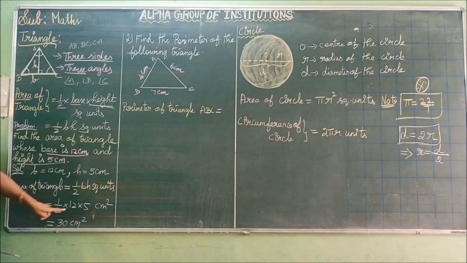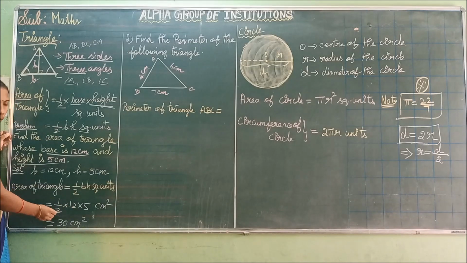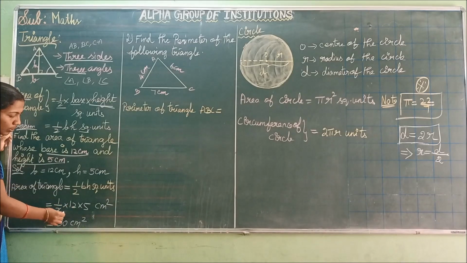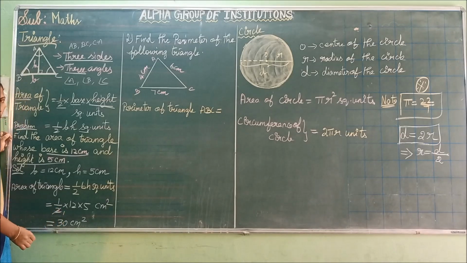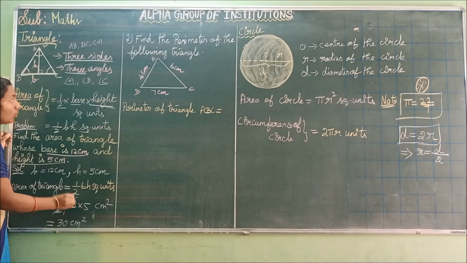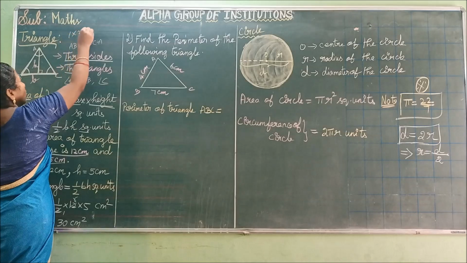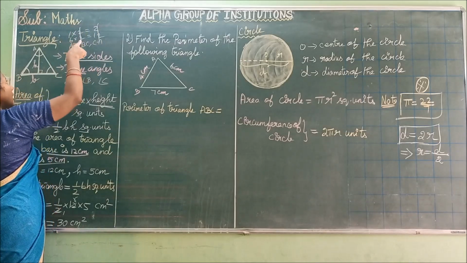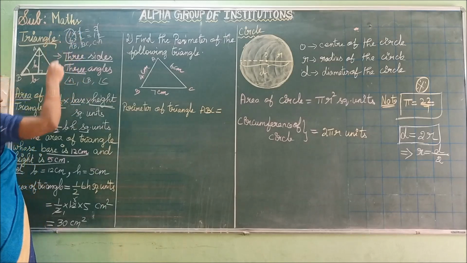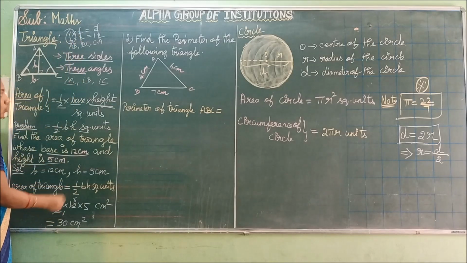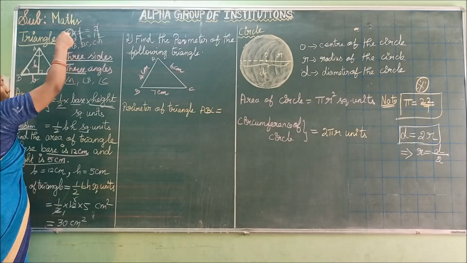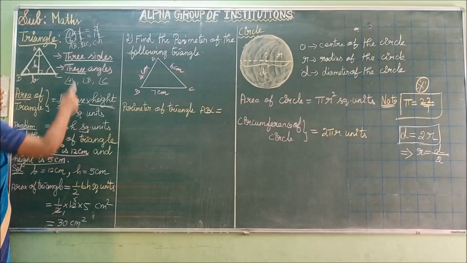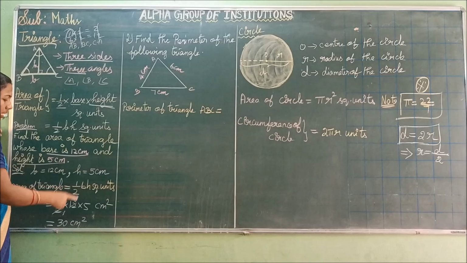Before multiplying this, we can also cancel it. See here we have 12, here we have 2. So by using the 2 table, we can cancel it. 1, 2 is 2. 6 2s are 12. Do you know, children? Don't write the answer, don't write the tables. You have to write the times only. Here 1 2 is 2, so write the 1 here. Similarly, 6 2s are 12, so strike out the 12 and write the 6 here.